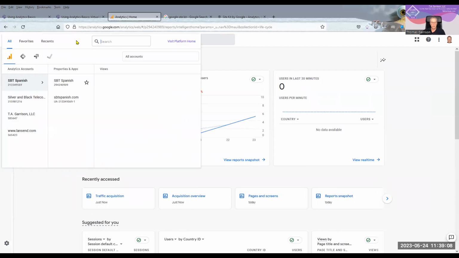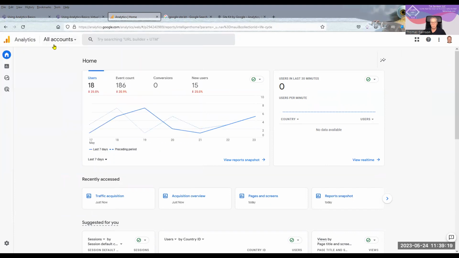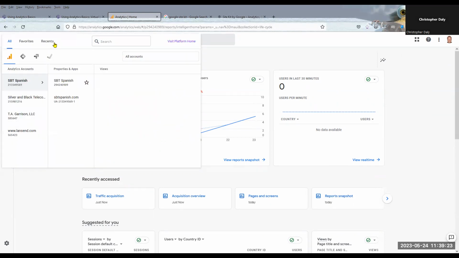Do you see anything that alludes to GA4 or anything in particular? What do you see up here in the top left? Well, it's actually pretty blank right now. I don't understand it.